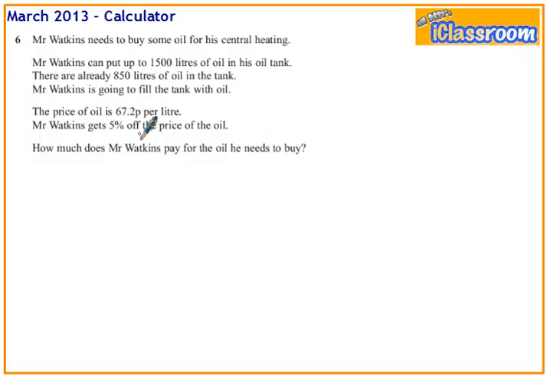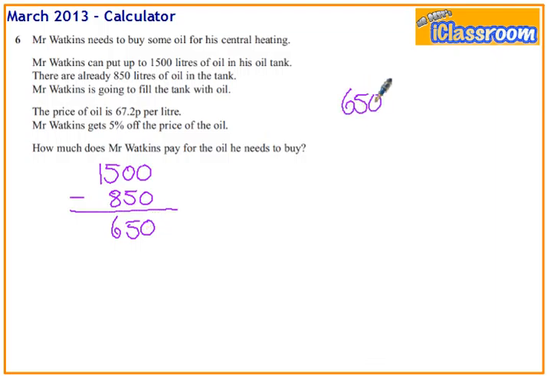So what do we need to do? Well, the tank has a capacity of 1500 litres. He's already got 850 litres, so he needs an extra 650 litres of oil. So he needs to purchase 650 litres of oil, times by the price of the oil, which is 67.2 pence a litre,